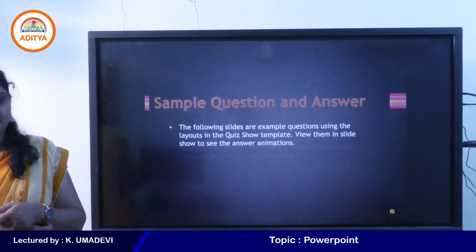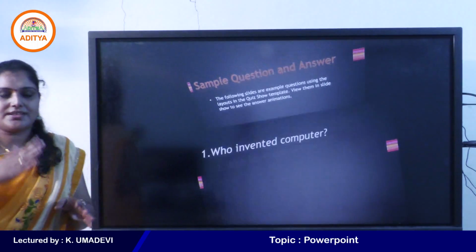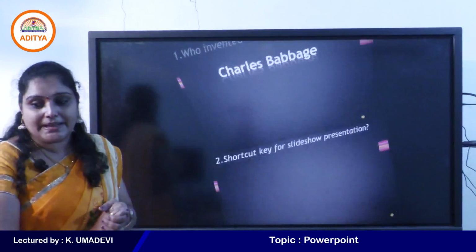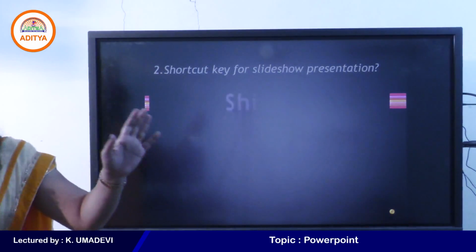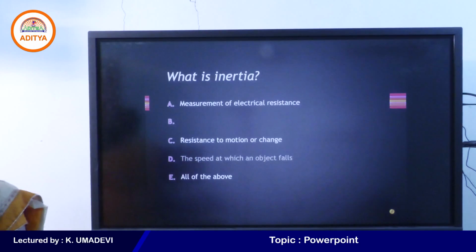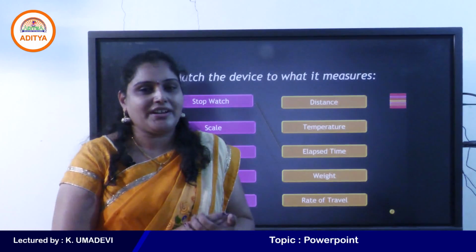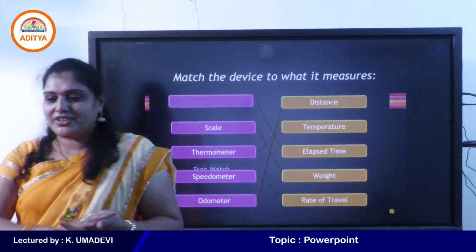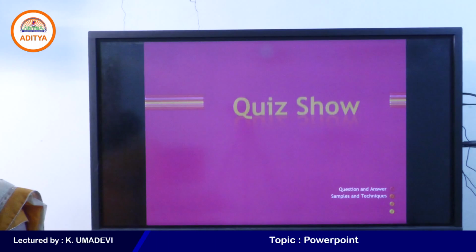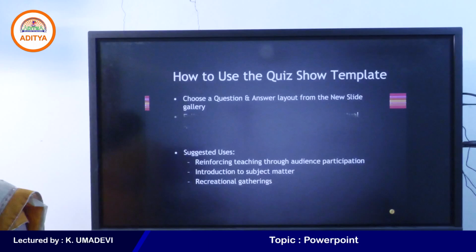But what happened here? Did you observe any changes? So what is the use of selecting that option, that is loop continuously until escape? Come on, students. So this is the most important feature in a PowerPoint. So loop means repeating. Looping means repeating. Come on, tell me. So what are the changes you observed here? Come on, students. Very good, Jyotika. Only one response. What about remaining?